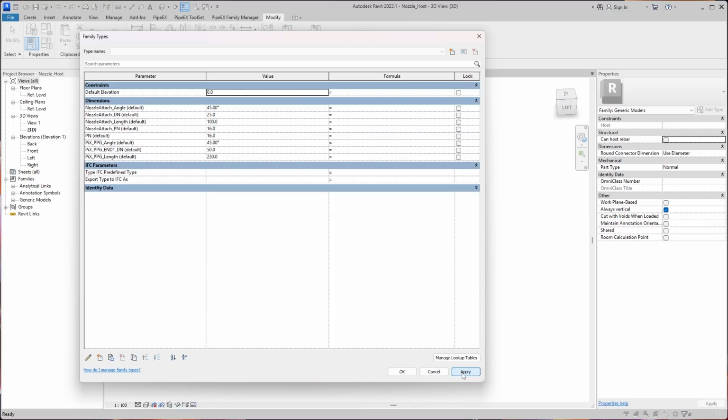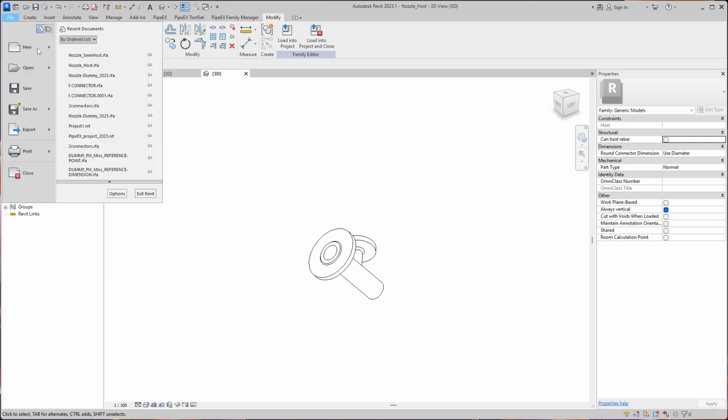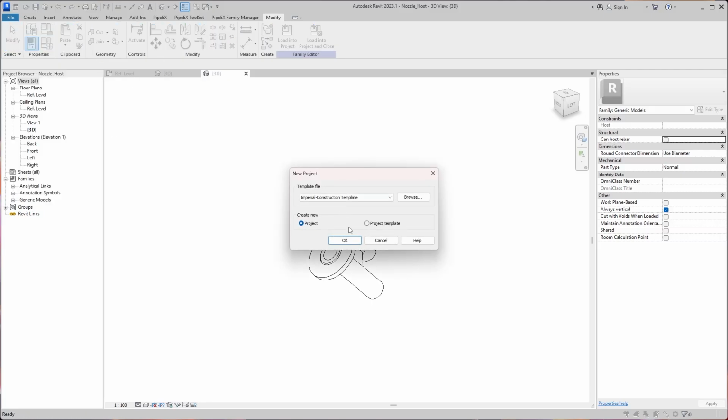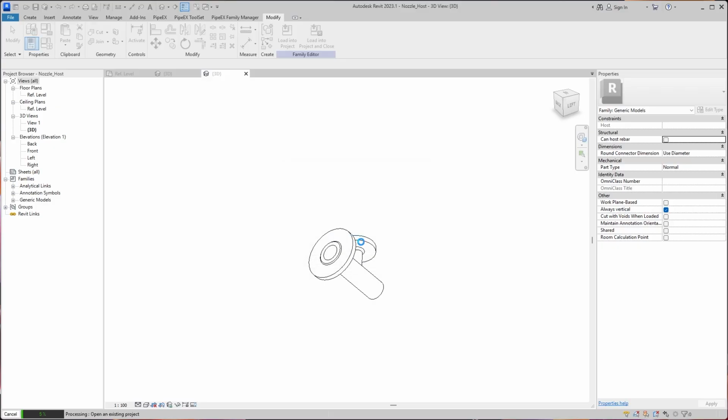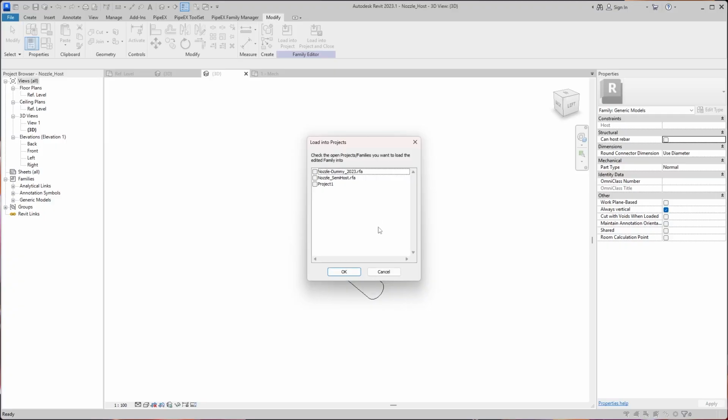That would be 100. And then, when we connect it to the equipment and this family is loaded to our project,